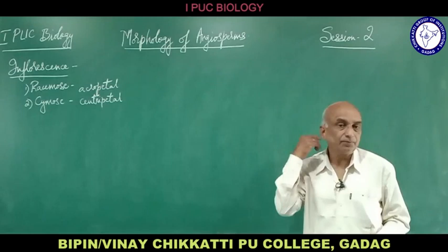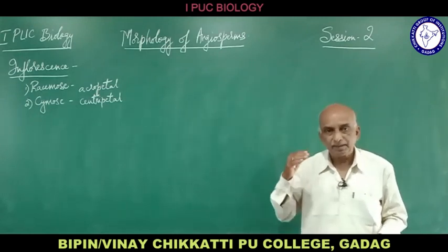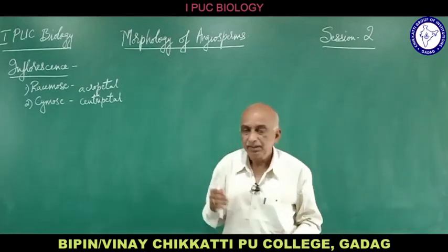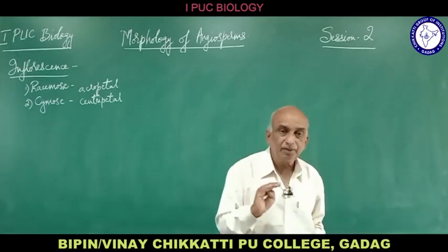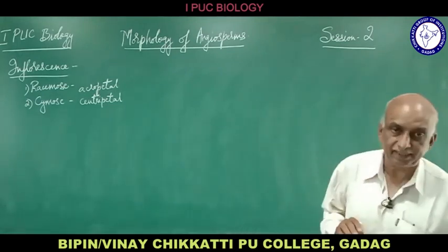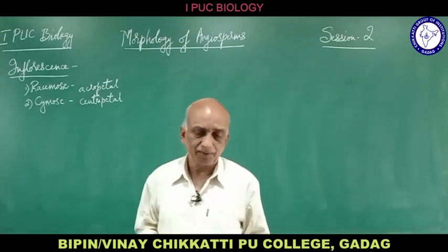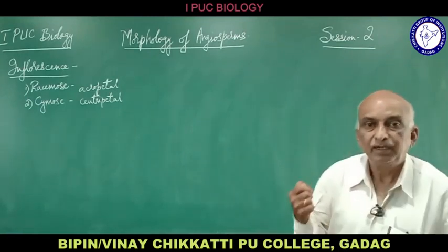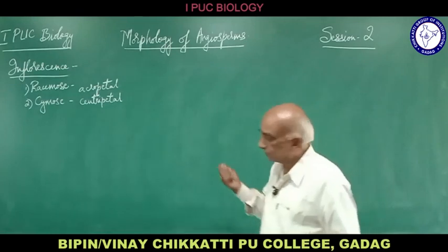So that means the older flower is at the tip, meaning the peduncle or the floral axis terminates into a flower which is the older flower. The younger flowers are at the lower side. That is called cymose inflorescence. So this is what inflorescence is. Mention the types of inflorescence: racemose inflorescence and cymose inflorescence.